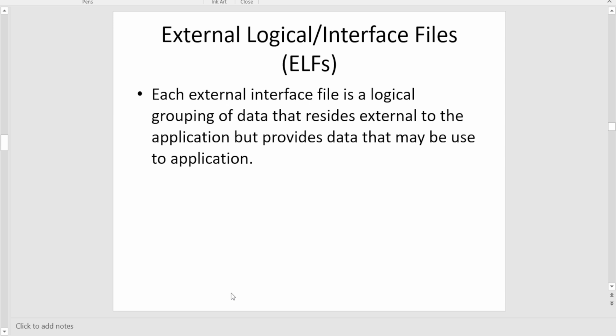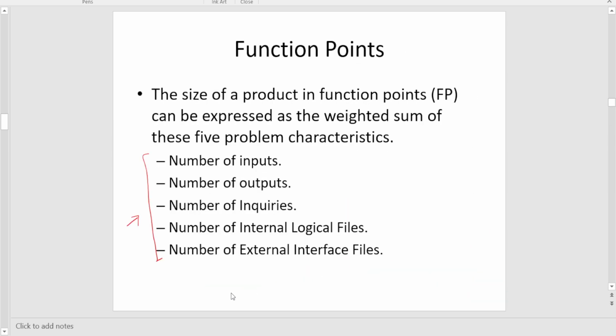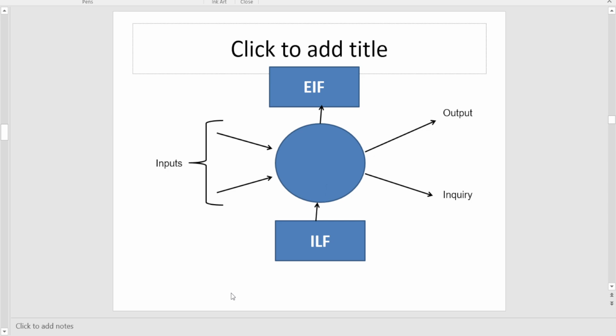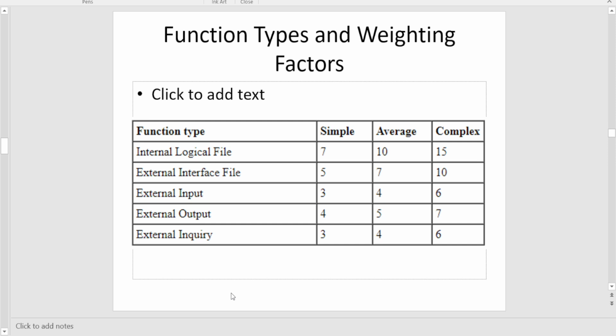Okay, so you are done with all these five types: input, output, inquiry, internal logical files, and external interface files. Once you are done with all these definitions, if you have any queries, you can tell us in the comment box also. Now with this, when you know all these things,